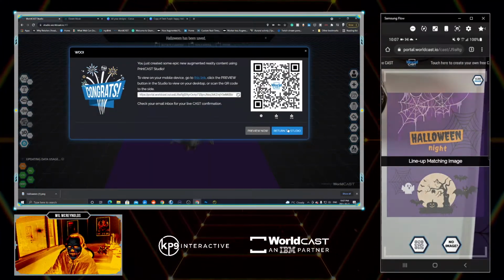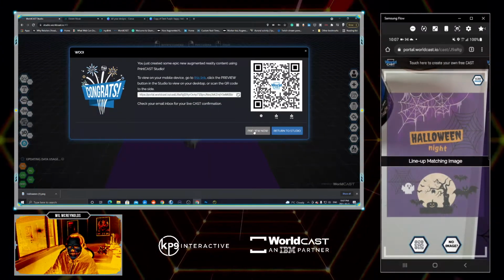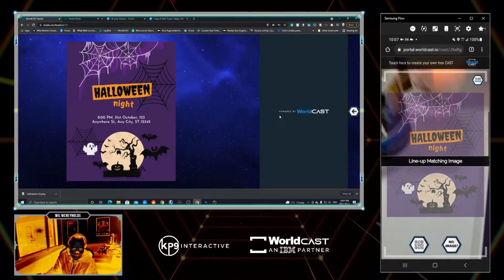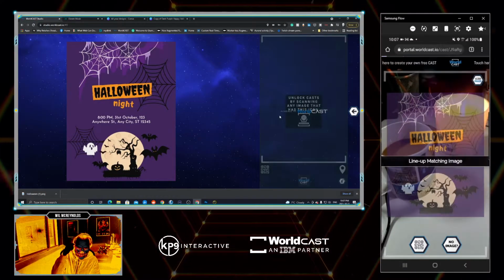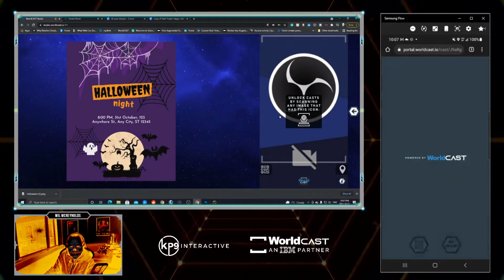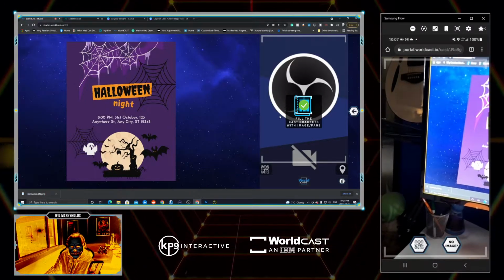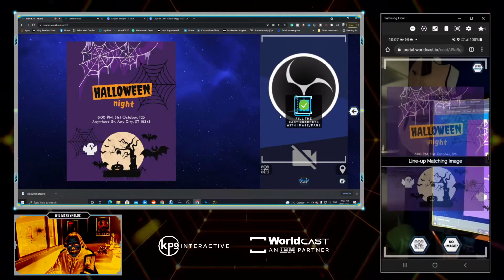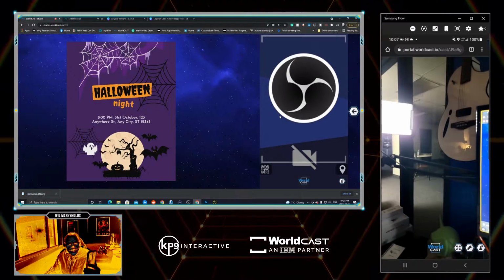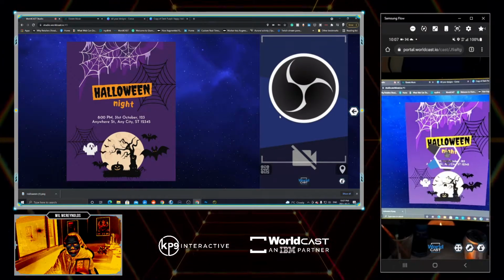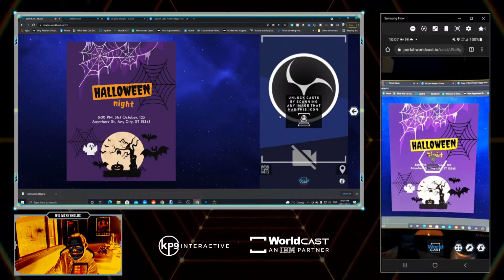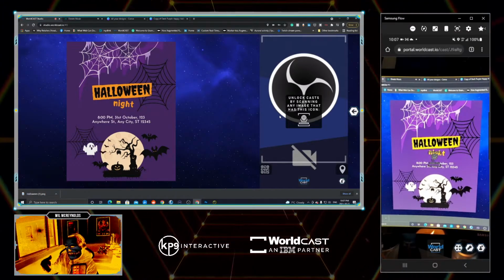I don't need to scan the QR code again. I've already got it loaded. I'm just going to refresh my browser. So it's going to tell me to line up the image. If I move away from it, it'll come up and say line up image. I'll do that. It's going to pop up with the content, the bat, the video, and now the transparent PNG